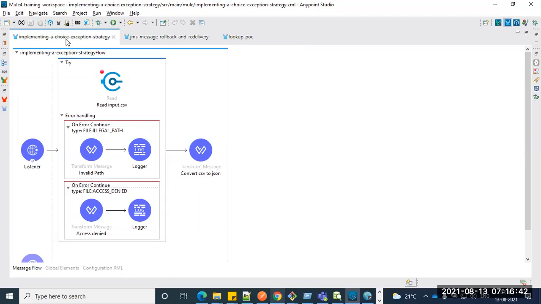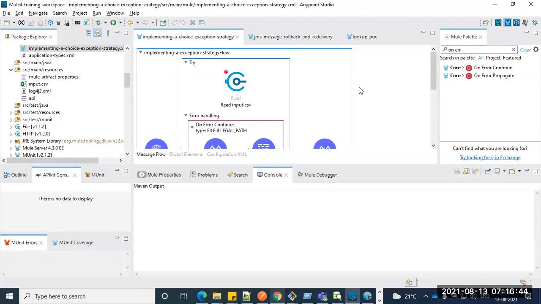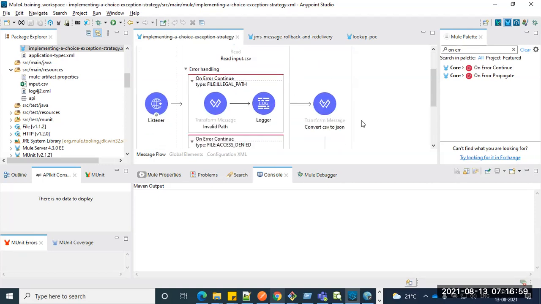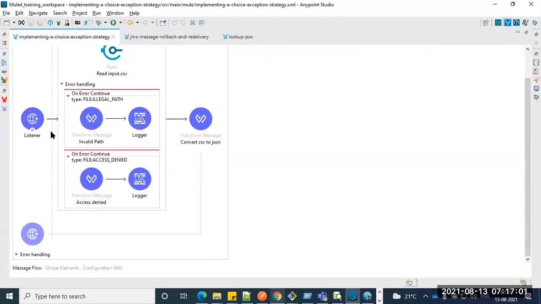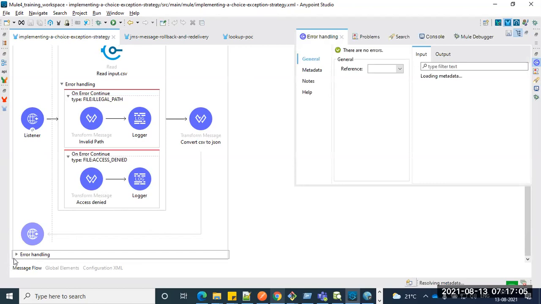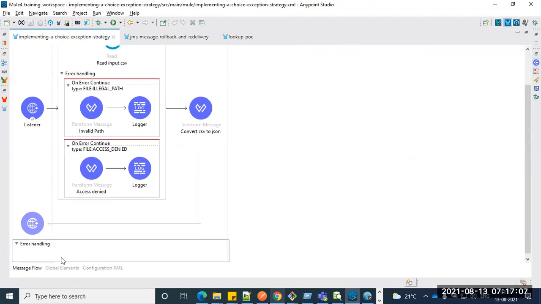If you're not passing a proper path, or that particular file is not available, we'll get an illegal path error. So it will say illegal path, right? I also showed you how to drag and drop that one. Usually you can drag and drop error handling at the bottom, as you can see.